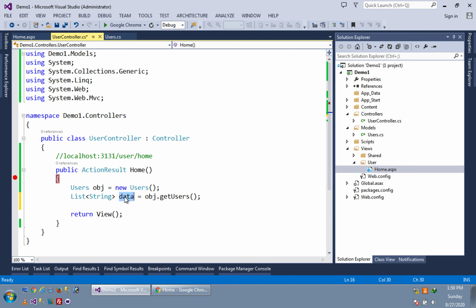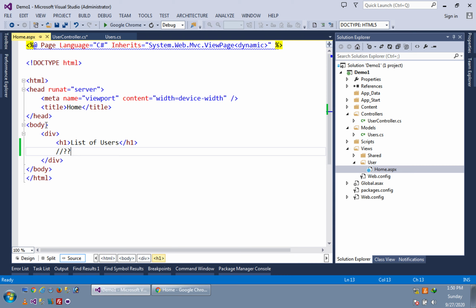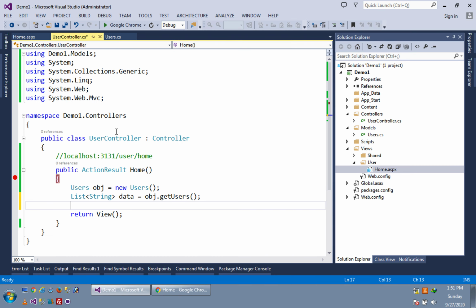Currently I am using this data in the view, so I will put this data into the ViewBag, then only it will be available in our home.aspx. Otherwise, if you directly write data here, it will give you an error. So whatever we want to use in our view, we have to put it into the ViewBag.